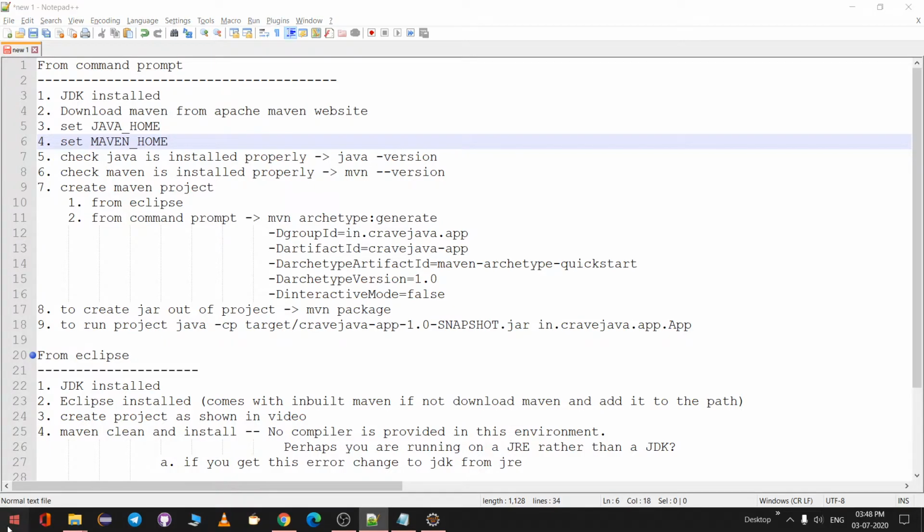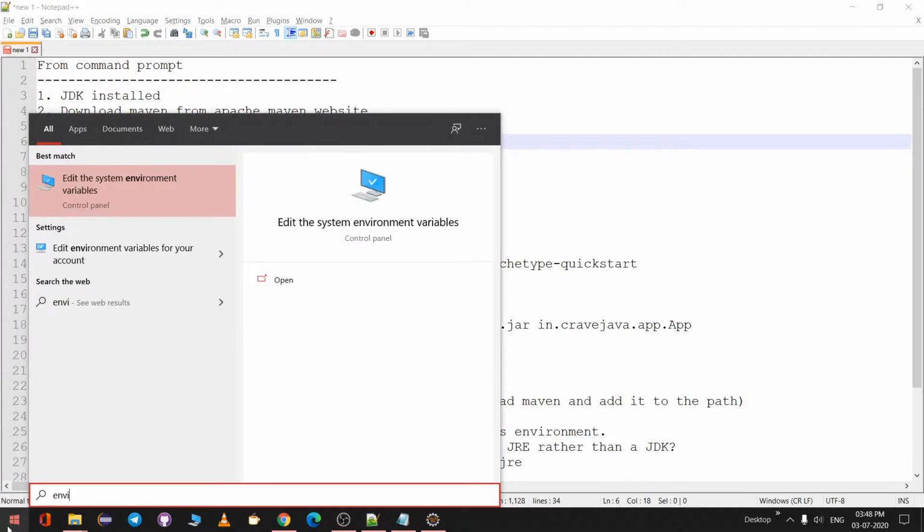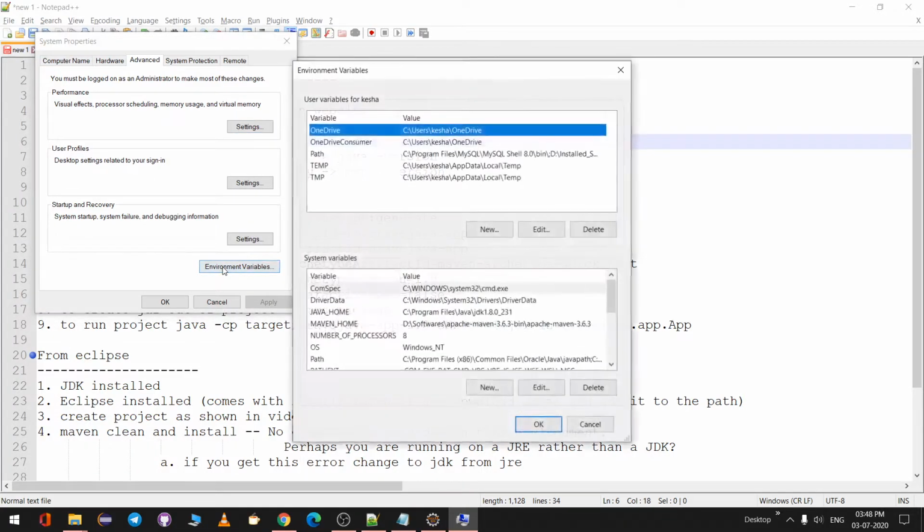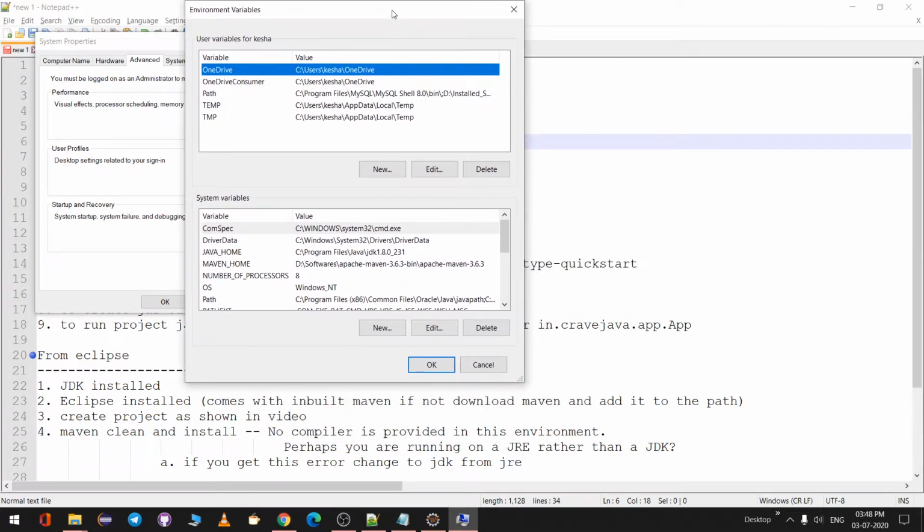So to do that, go to start, type in environment variable, just click on edit system environment variables. When you click on that, you'll get different tabs wherein you have to go to the advanced tab and click on environment variable. So basically there are two types of variable, user variable and system variable. So user variable is specific to that user who has logged in. System variable is common for all the users who logged into the machine.